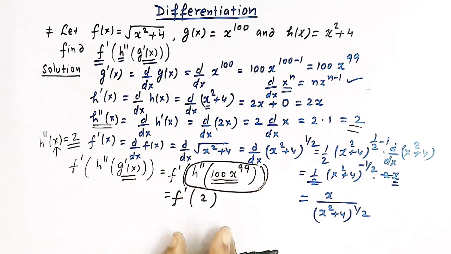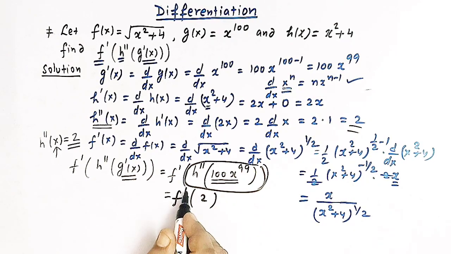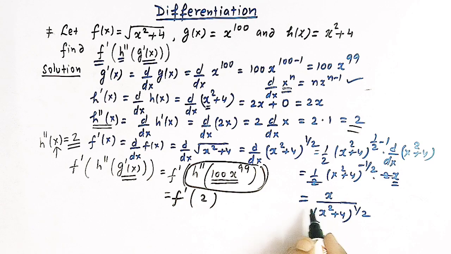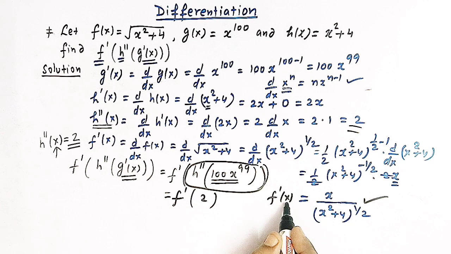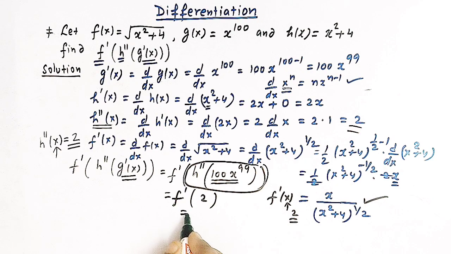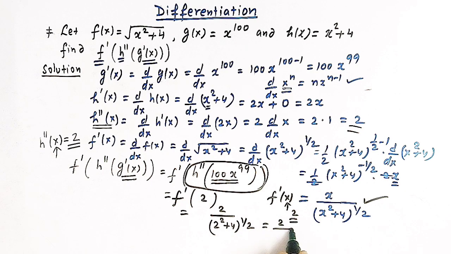So now our aim is to get the value of f prime of 2, and f prime of x is given by this expression. So f prime of 2 can be obtained by replacing this x by 2. So we have 2. Here we'll take x is equal to 2, and here we have 2 square plus 4 raised to half, and this is 2 over, this is 2 square is 4, 4 plus 4 is 8,